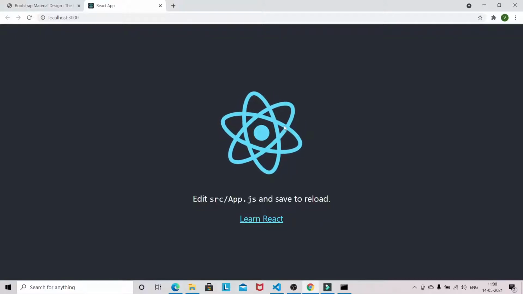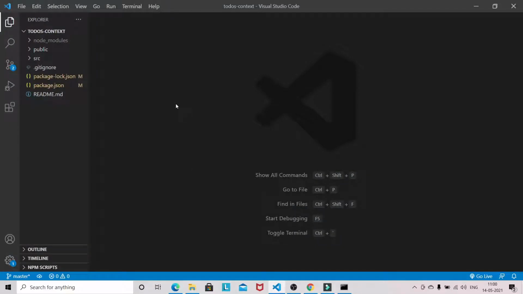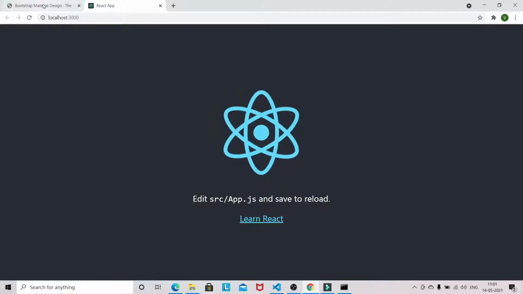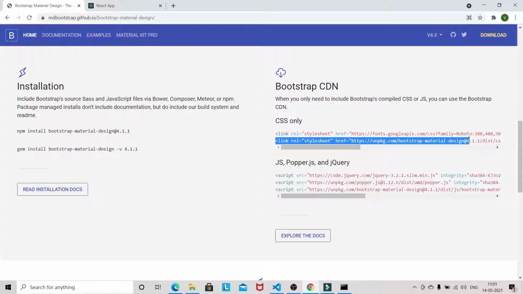Let's do some cleanup here. First I will use a Material Bootstrap design. You need to go to this link and copy the second link.